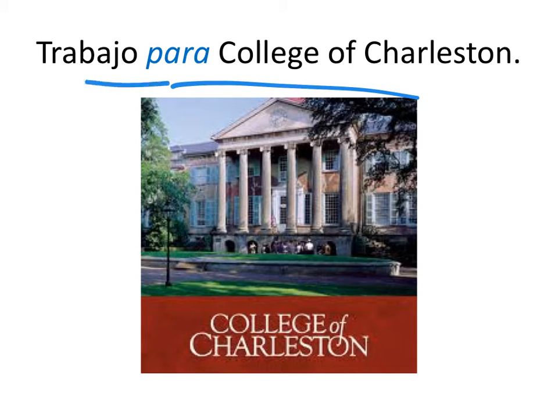Otro uso. Trabajo para College of Charleston. Ay, perdón. Trabajo para. So what's this saying? I work for my employer. Employment, but also like Ben y Jake juegan al fútbol para College of Charleston. So, it could also be whatever you're, an athlete. Manu Ginobili juega para San Antonio Spurs. So employment or your sports team or something like that. Okay? ¿Entienden más o menos?